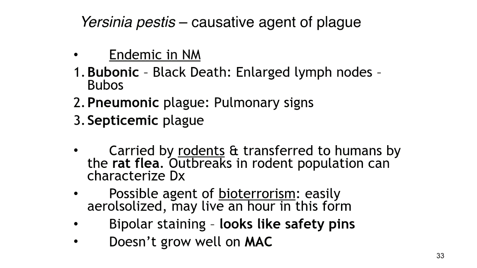The plague organism is carried by rodents, transferred to humans by the rat flea or a flea. We see outbreaks when there is a rodent population increase. Again, here in the general area of Albuquerque, New Mexico, Yersinia pestis likes to be present in the rodent area, probably more so around the 7,000 to 8,000 foot area. We don't really see it down in the Rio Grande Valley at 5,000 feet or so, and we may not see it at 10,000 feet on the top of the Sandia Mountains. But it really likes that